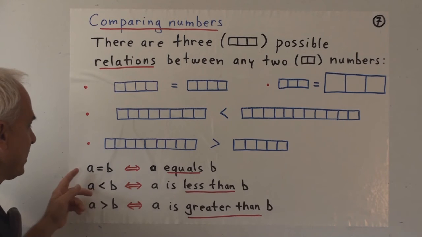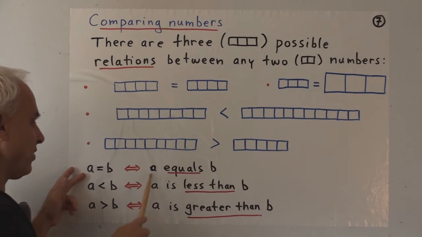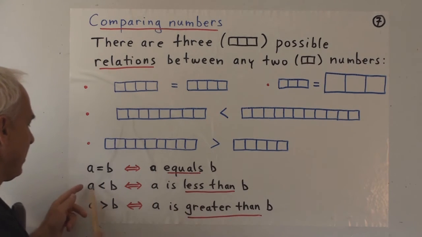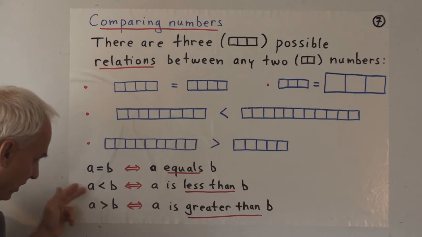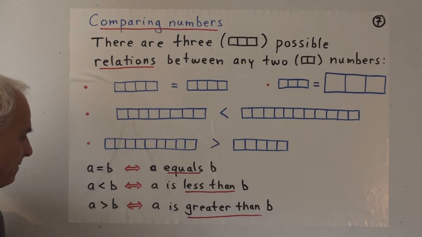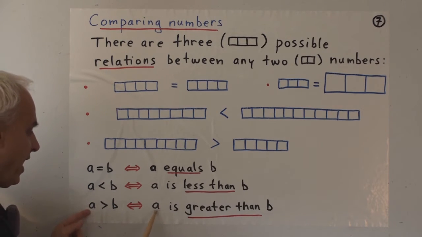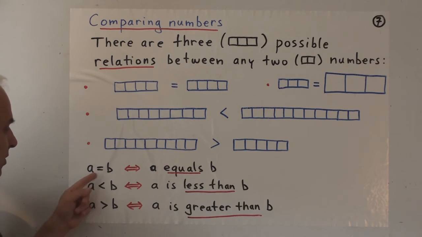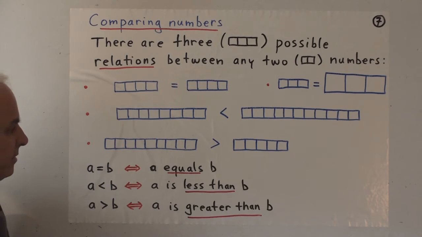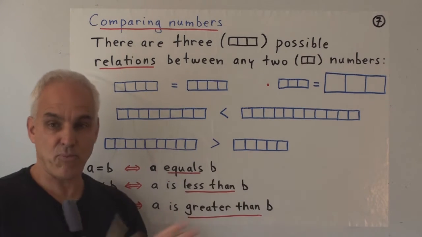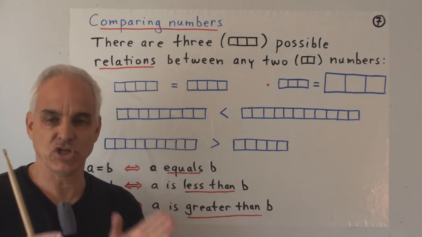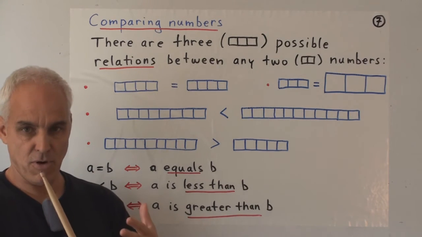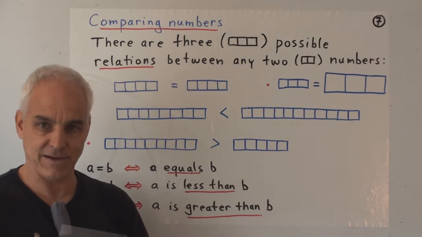So our terminology is A equals B, that we say A equals B. This symbol here is A is less than B. That's how we read it. We read from left to right, so A is less than B. And this symbol here is A is greater than B. These three relations: equals, less than, greater than. And with this relatively primitive idea of number, these are natural geometrical relations. We can see them almost directly physically.